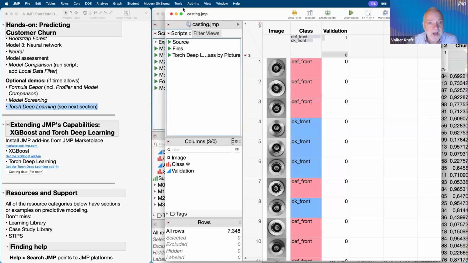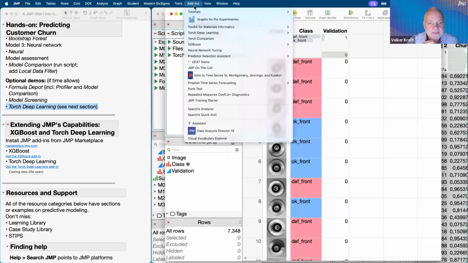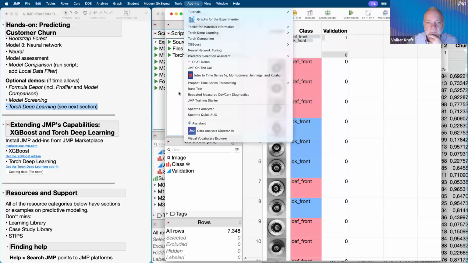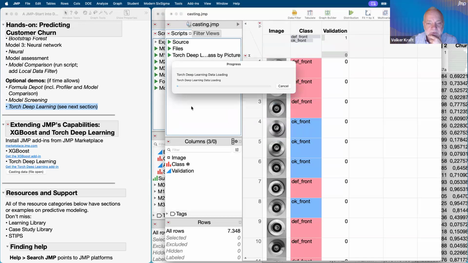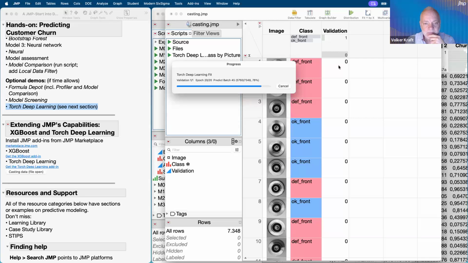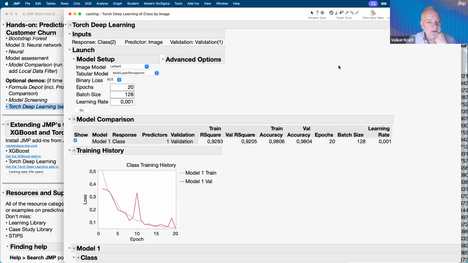And what you would do after installing the add-in, under add-ins, you will see Torch Deep Learning, a menu, and then you start Torch Deep Learning. I run the script. So this is what you would see. Again, you specify the problem. The image is the input, and the classifier is the output, and validation by that column. And then you get to this